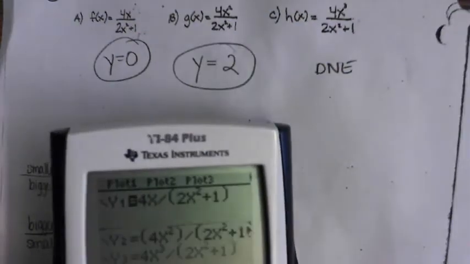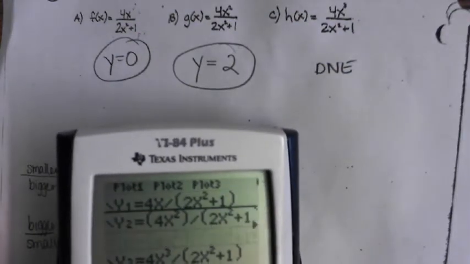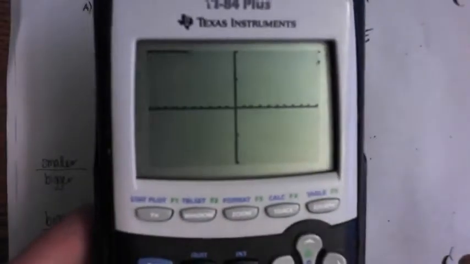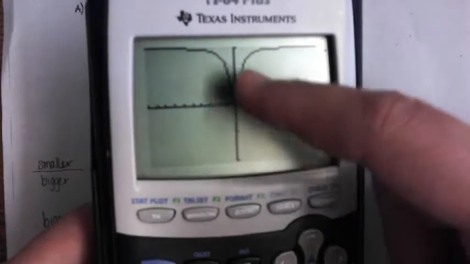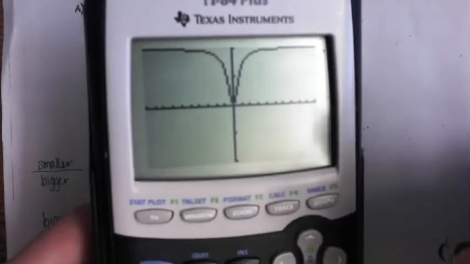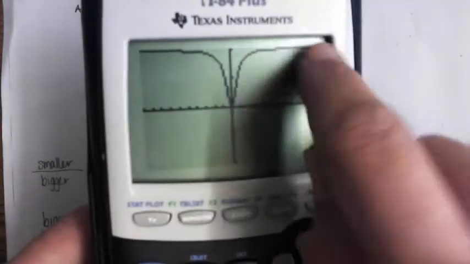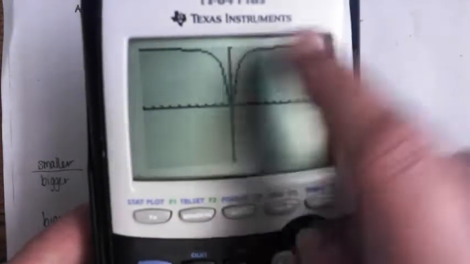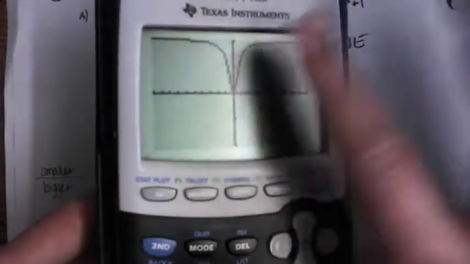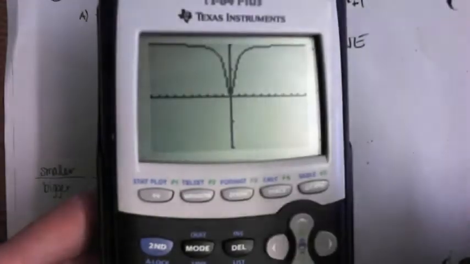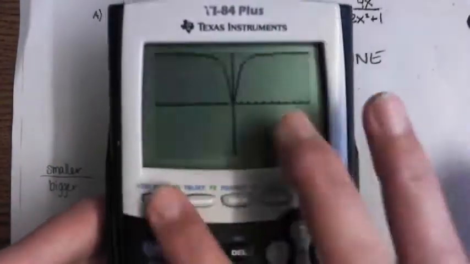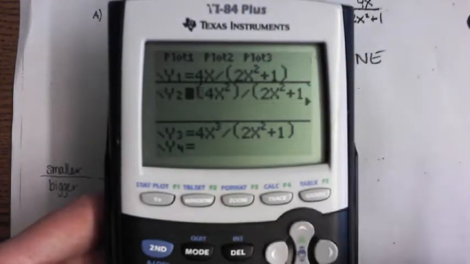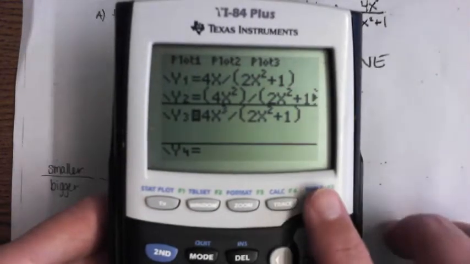On the second one, turn that one off, turn that one on. Mind you, my y-axis is only going from -2 to 2 right now. So do you see how my end behavior is kind of balancing off at 2 on both sides? That's because of my horizontal asymptote. Something funky is happening in the middle. We'll get there. But for now, you see the horizontal asymptote showing its face. And the last one,